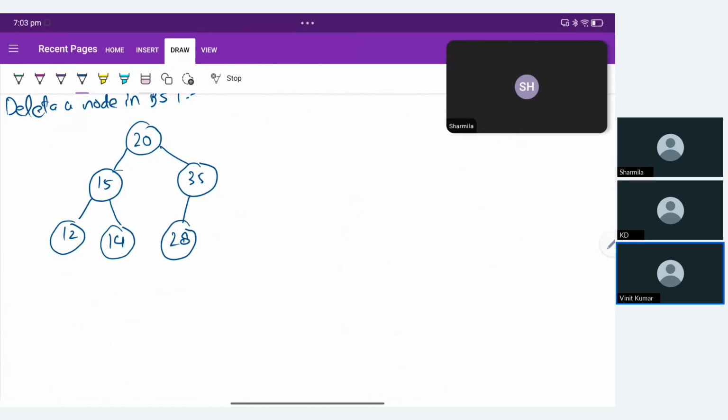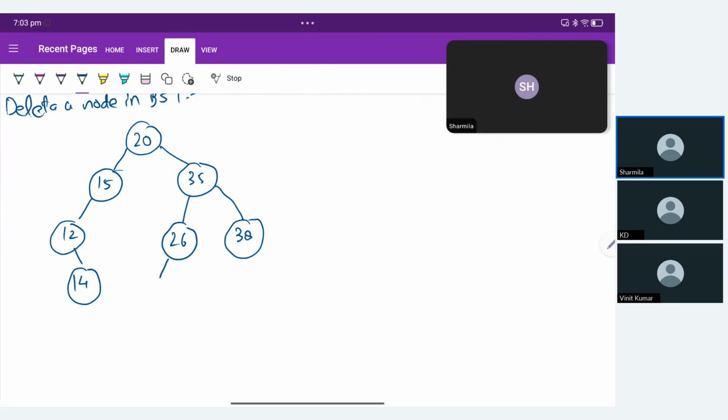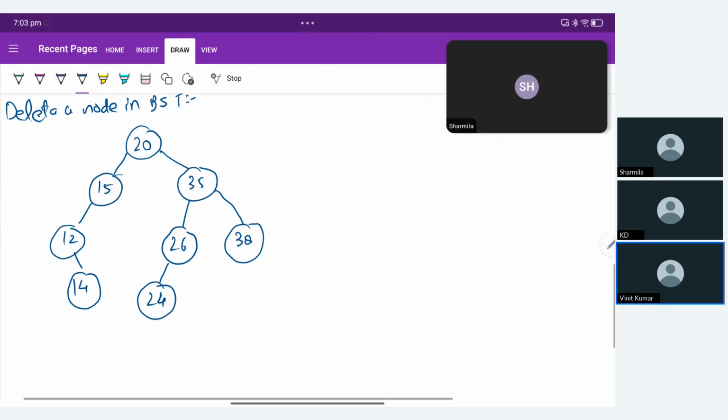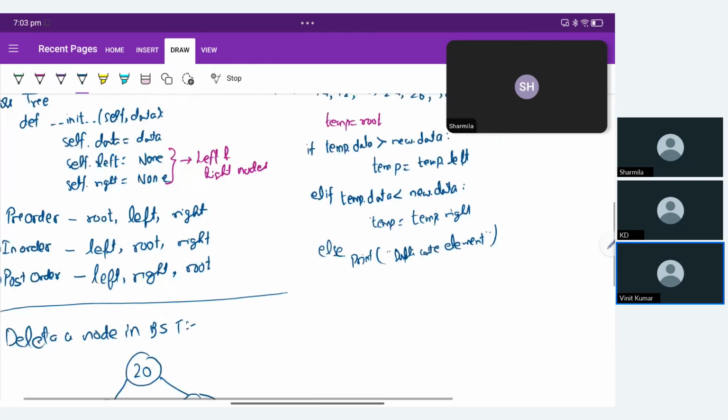The 12 should be connected to 14. Sorry. Then 26, and 24 after 26. This is 24. Okay, so now let's suppose